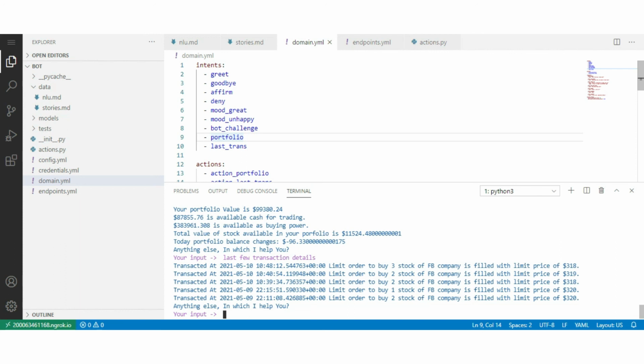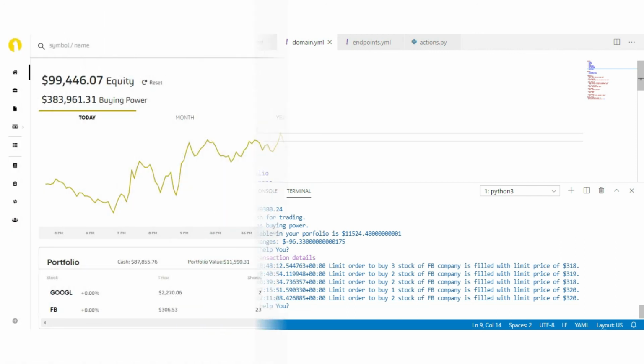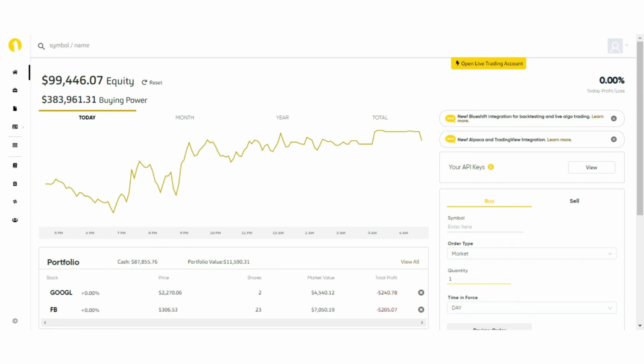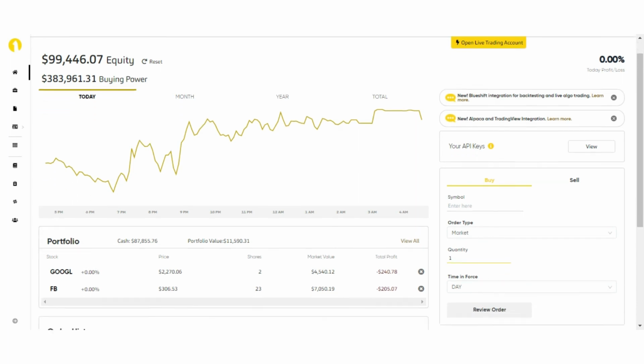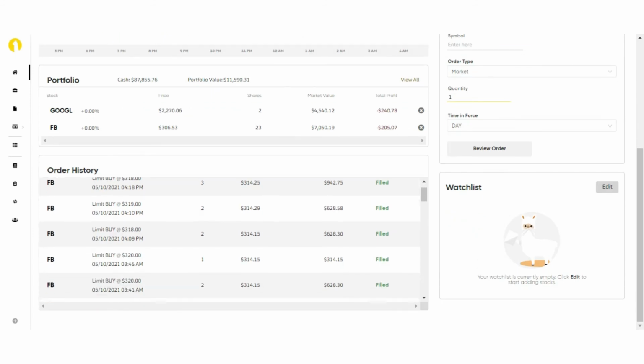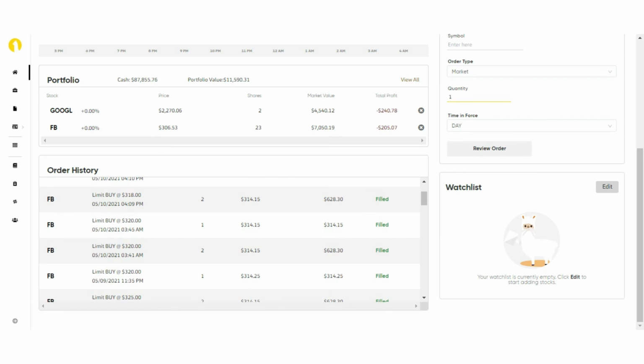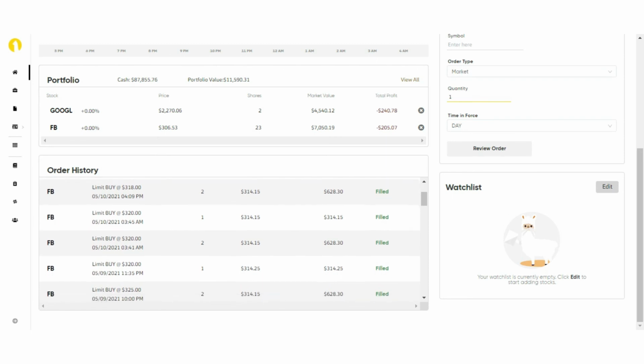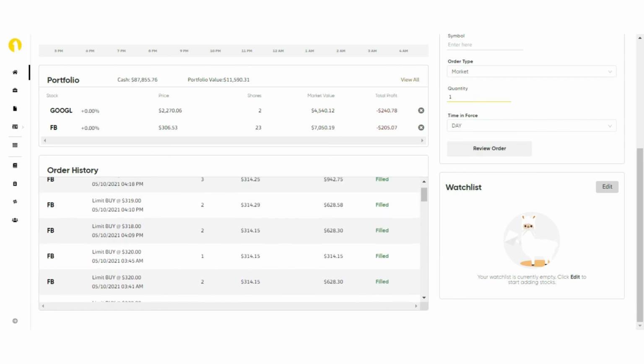Now let's move to the Alpaca website to verify details. Go to the order history section of the Alpaca website. Here you see our bot shows the same result as the Alpaca order history section is showing.